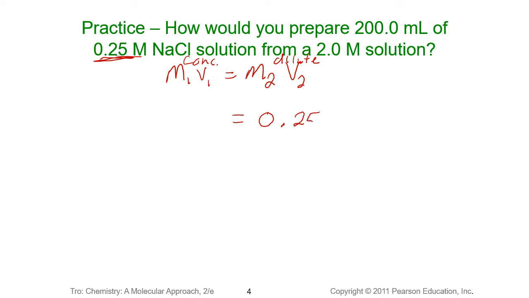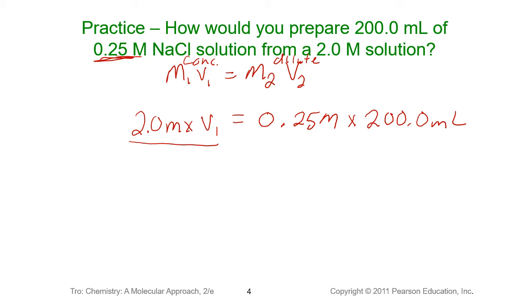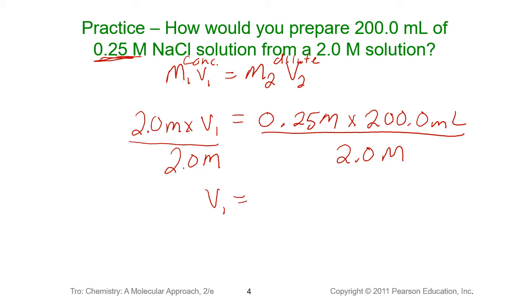So 0.25 molar is our dilute concentration, and we're trying to prepare 200 milliliters of that solution. It says our concentrated molarity is 2 molar. Now to get the V1 by itself, we divide by our 2 molar. And so our V1 is going to be equal to 25